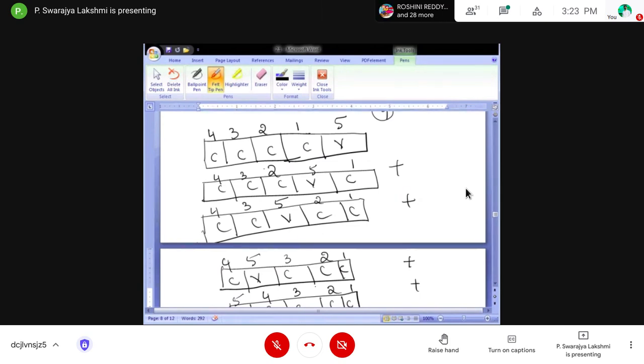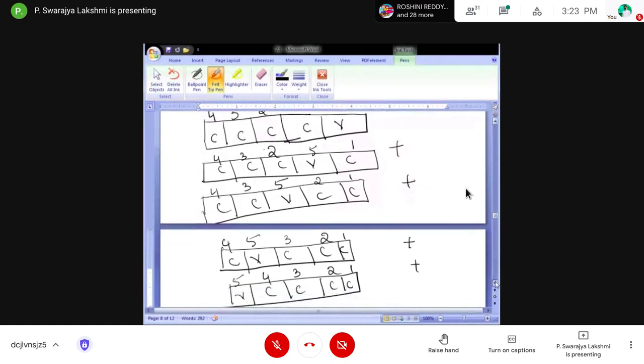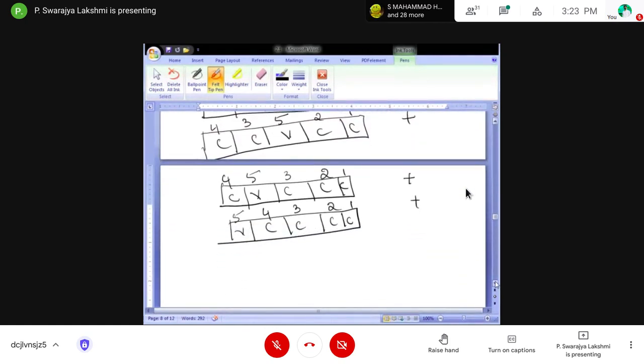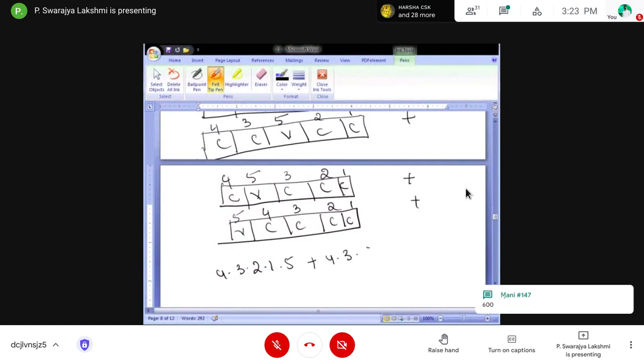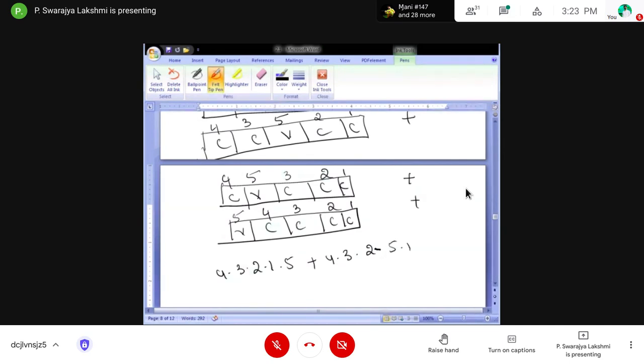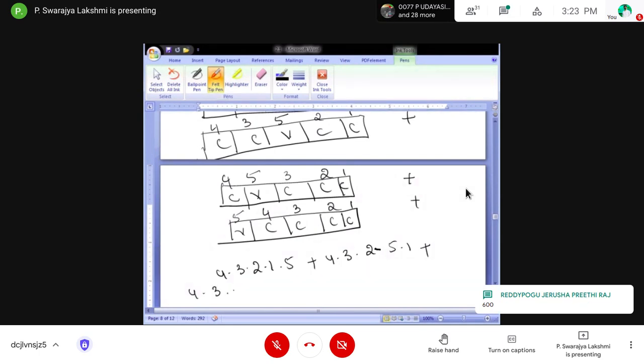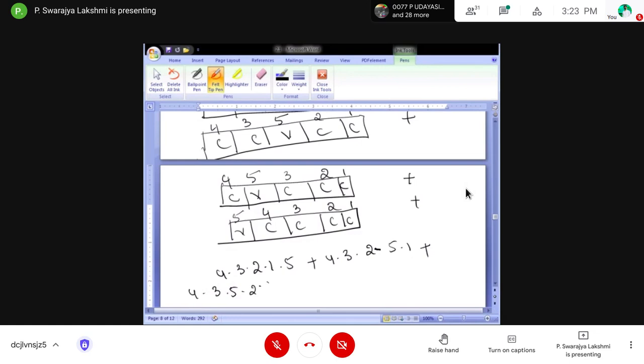So the answer becomes 4 into 5 into 3 into 2 into 1. So for the first place we have 4 into 3 into 2 into 1 into 5, plus 4 into 3 into 2 into 5 into 1, plus 4 into 5 into 3 into 2 into 1.